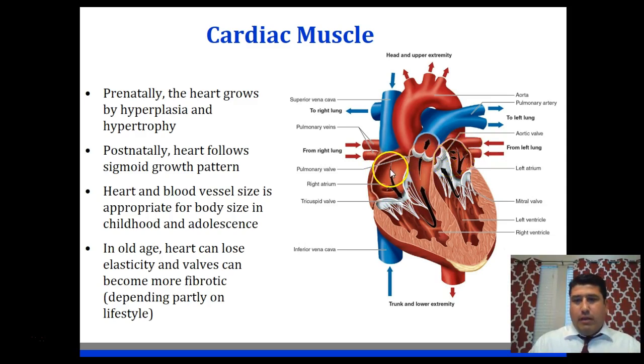Whenever these 2 chambers fill at the same time, they then contract. Whenever those atria contract, it delivers blood from the 2 atria into the 2 ventricles. So the deoxygenated blood from the right atrium is pumped into the right ventricle, and the oxygenated blood from the left atrium is pumped into the left ventricle. So now the 2 ventricles have all the blood. And then the second contraction occurs. So again, it's a 4-chamber 2-pump system.